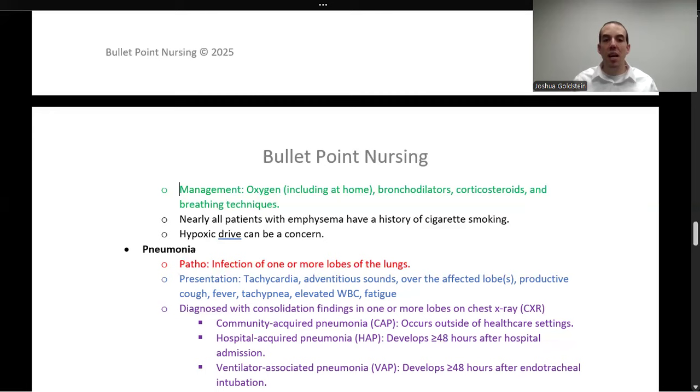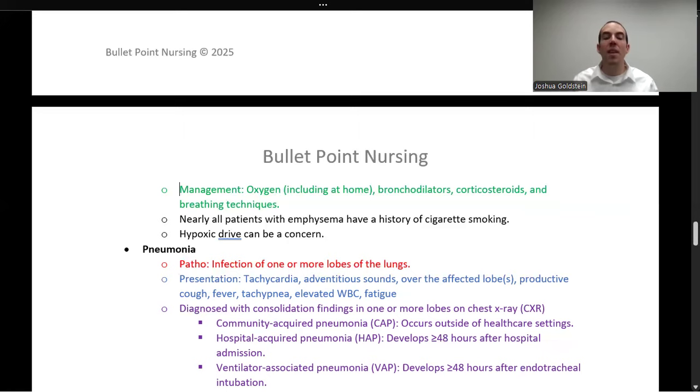Next, we have pneumonia. Let's talk about that for a few minutes. Pneumonia is a bacterial infection of one or more lobes of the lungs. This presents with tachycardia. It's an infection, so you'd have tachycardia. You'd have a high white blood cell count. The area of the lungs that has an infection would have adventitious sounds, such as rhonchi, over those areas. You would have a productive cough because the body is trying to get rid of the excess secretions and garbage that comes with having an infection. Obviously, it is an infection, so you'd have fever. You'd have the patient breathing quicker because of the fever,